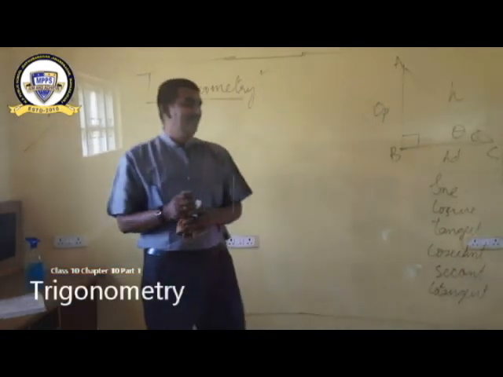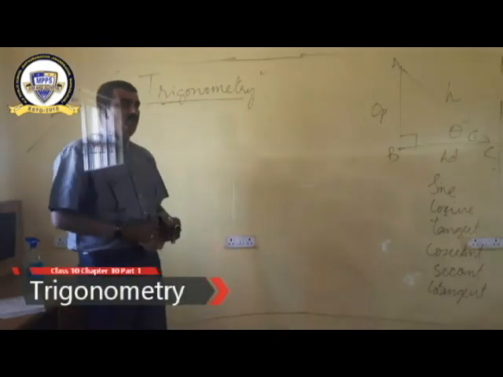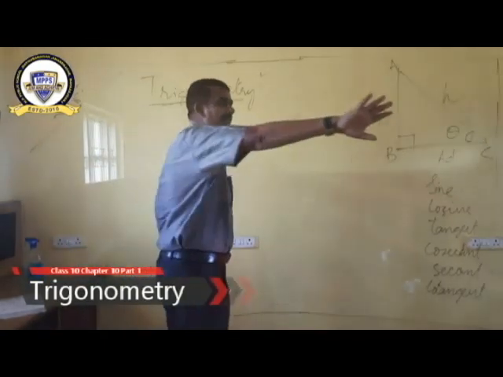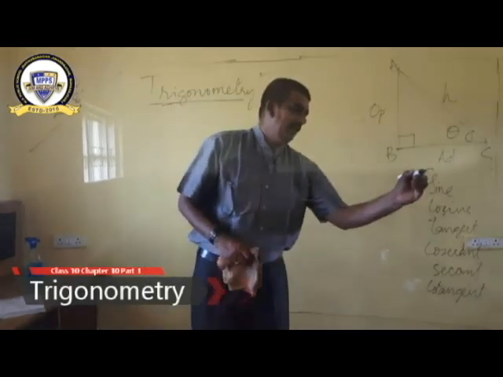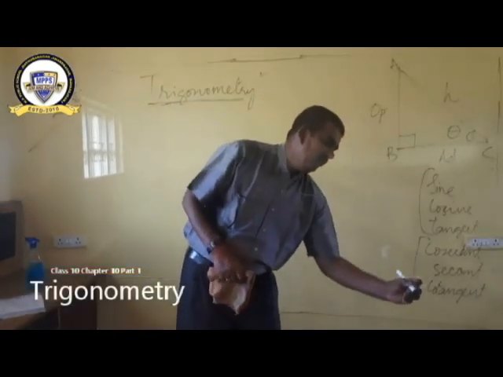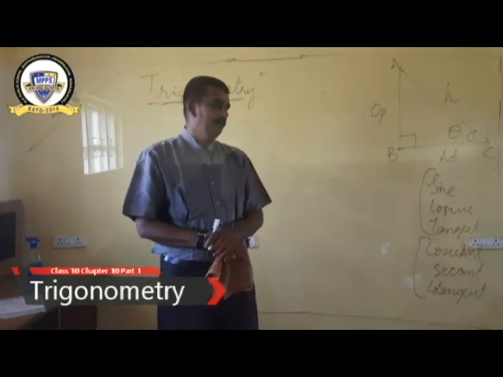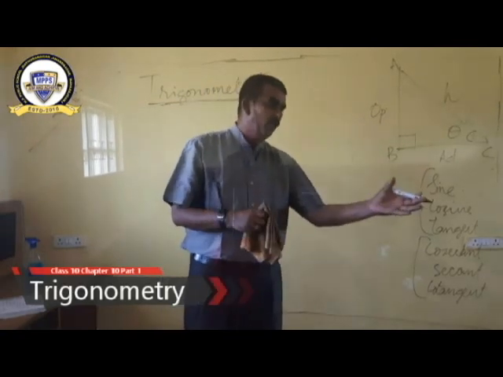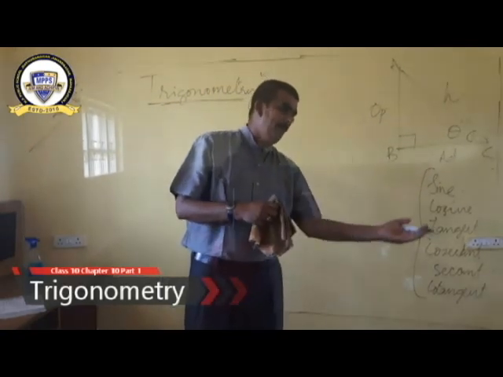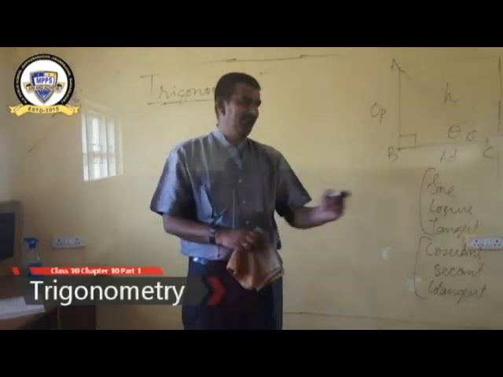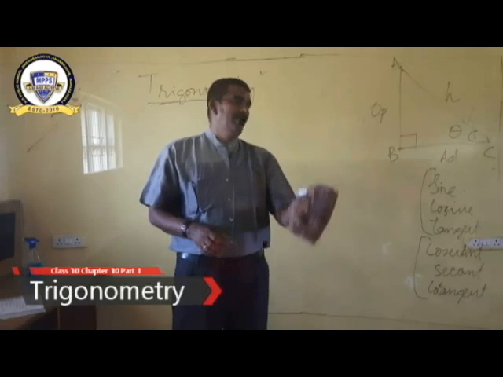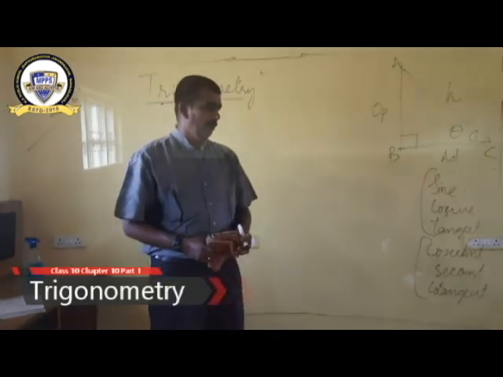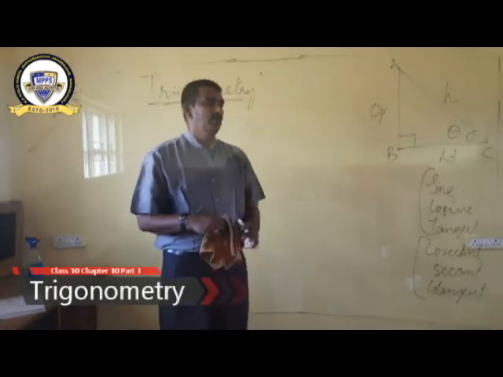So these are the six ratios which we are going to study with the help of this triangle. The first three and the second three we can group together, because from its rules it is just the opposite of each other. That is why we are grouping according to its definition and according to its rules. You will come to know about it later.